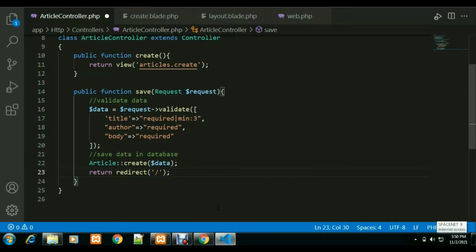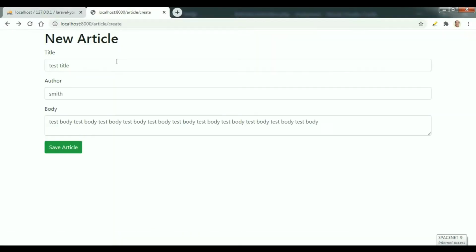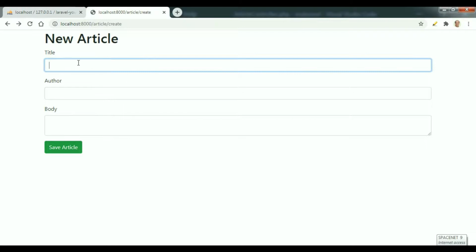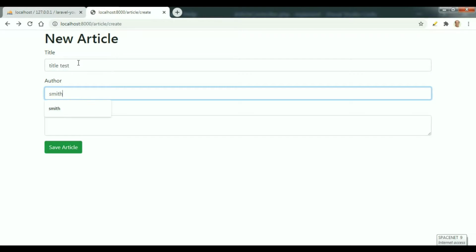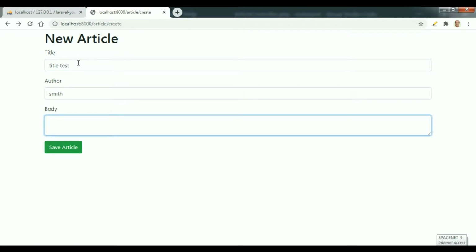So let's try it out. I want to insert some data and check whether it is saving the data. Now this is my form, and just enter some data: title, just body, the author is Smith, and body is, suppose, test body like this.